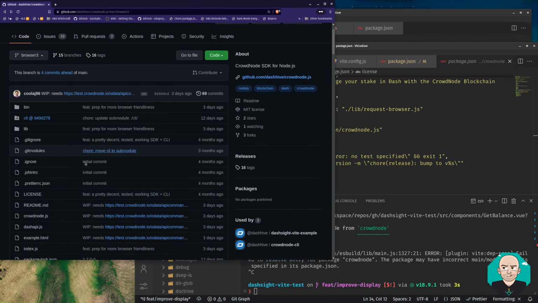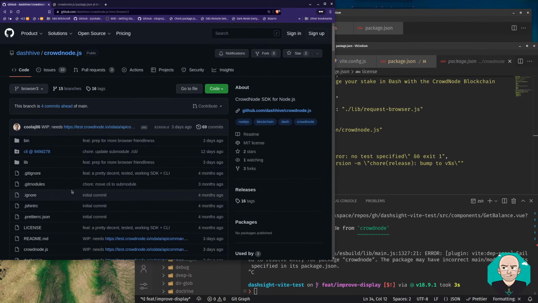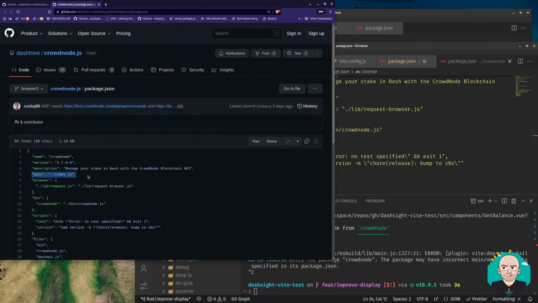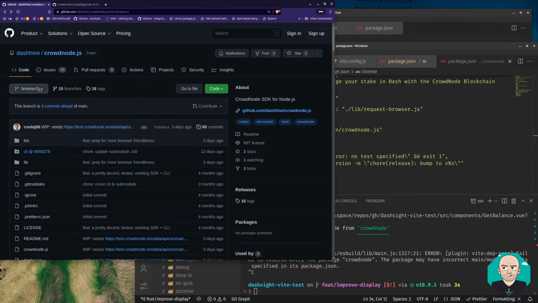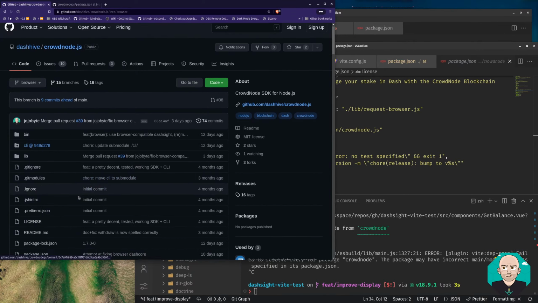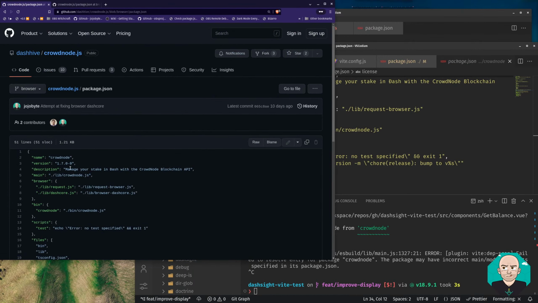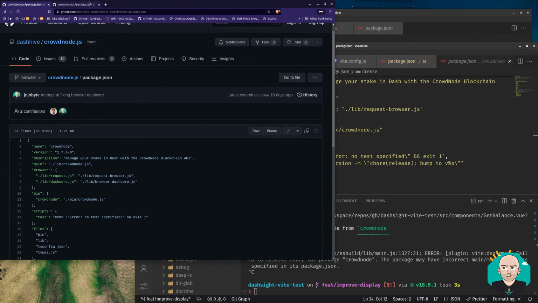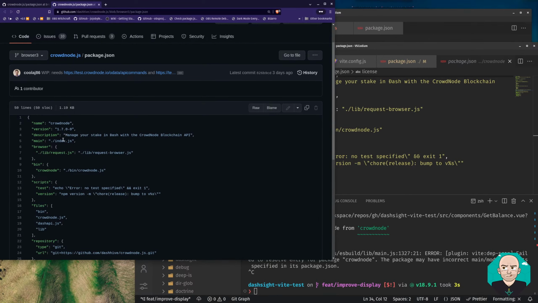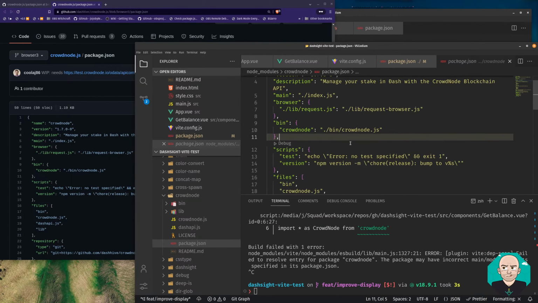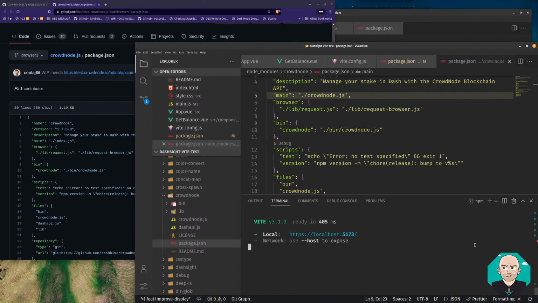Let me. So I think it's something to do with the package.json because it's got main index.js. But I want to compare it to the current browser one and see. So main is lib CrowdNode. So maybe if main was CrowdNode, since that's been moved down a directory, unless he's planning on including an index.js. Let's try that. Ah, that worked. Okay, so